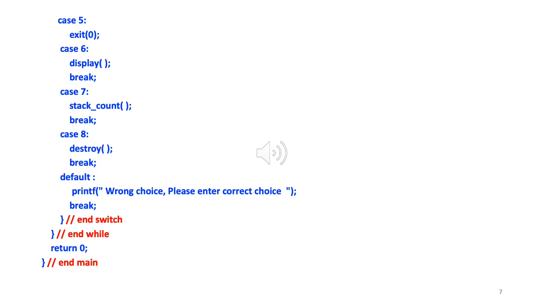Status is of data type int, and the convention, the rule, is that a value of 0 signifies normal termination. Whenever a program is ending, it either ends normally or abnormally. Abnormally means due to some kind of error. So the convention is that a value of 0 signifies termination is normal. In case the termination is abnormal or there is some error, then we can return a value of, let's say, -1 or something like that.